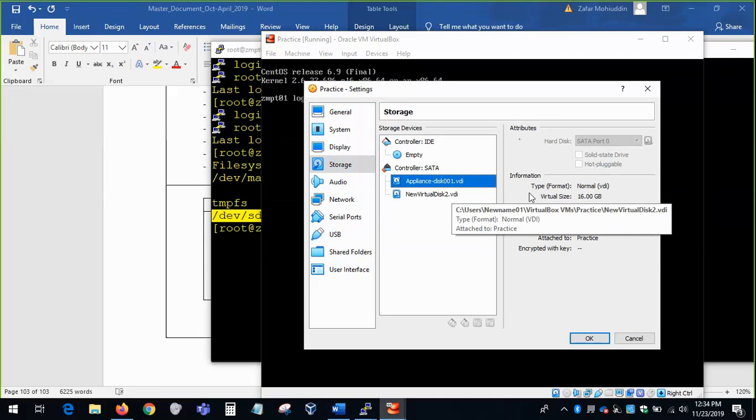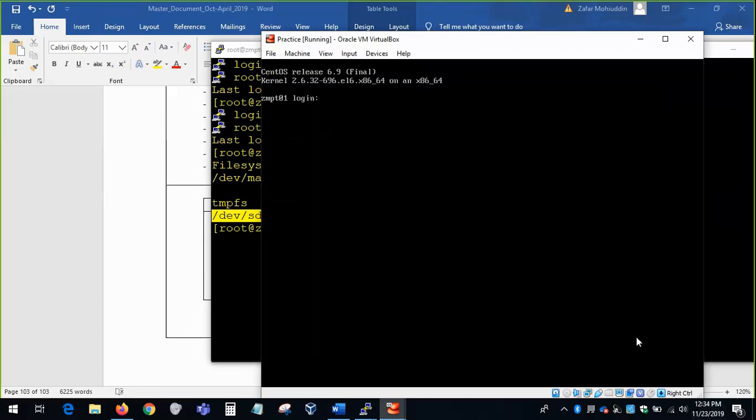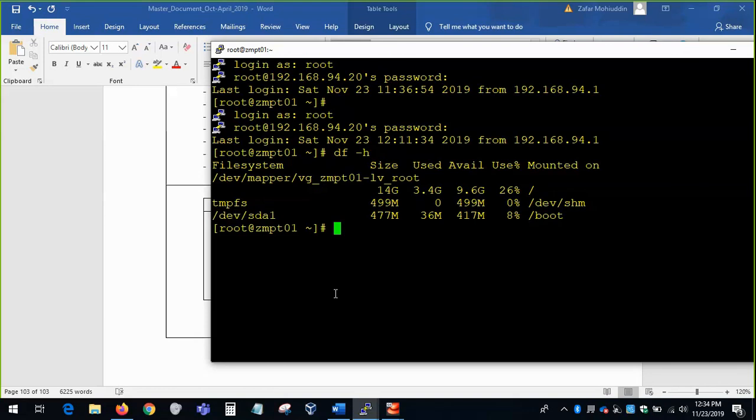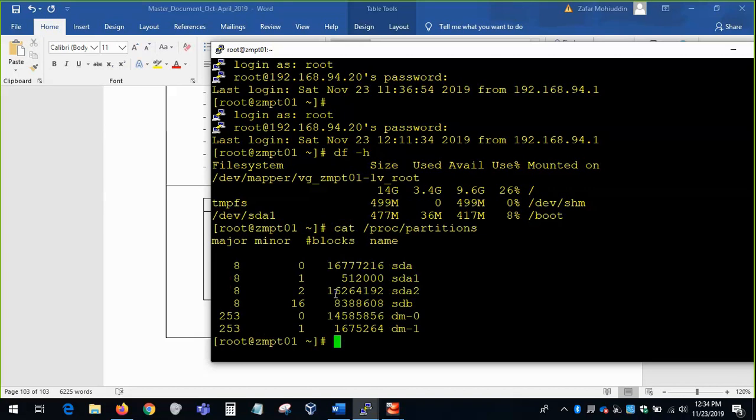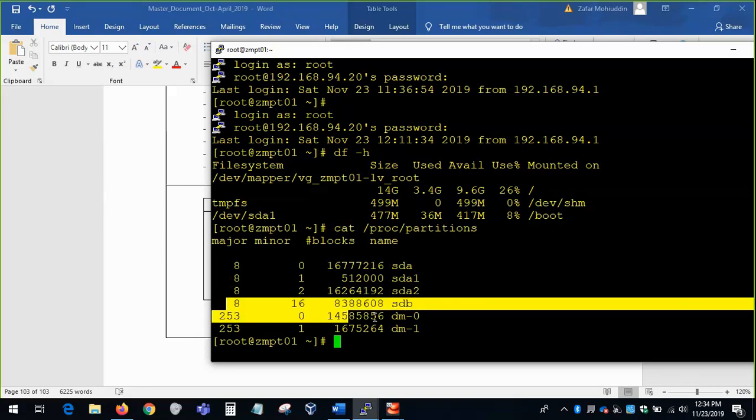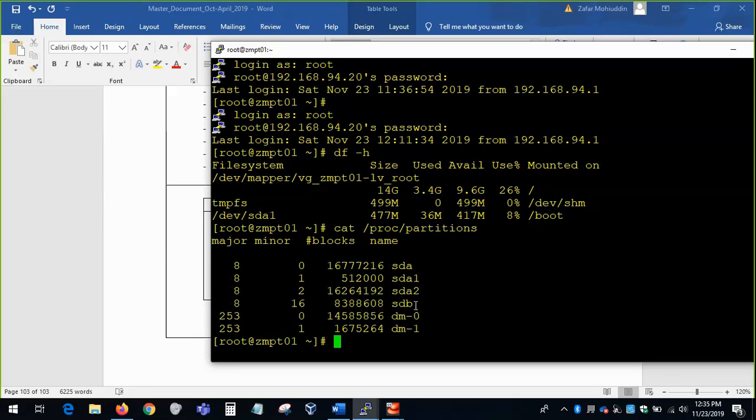Okay, but the operating system doesn't see SDB. So how are you going to find out if the hard drive is attached to the system? You're going to do cat /proc/partitions,